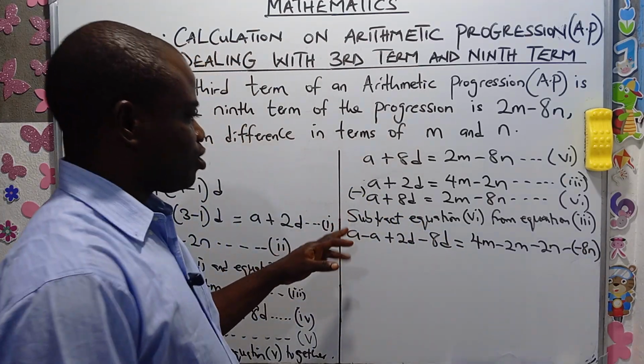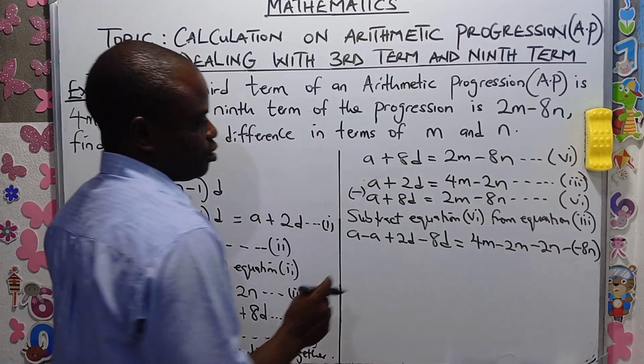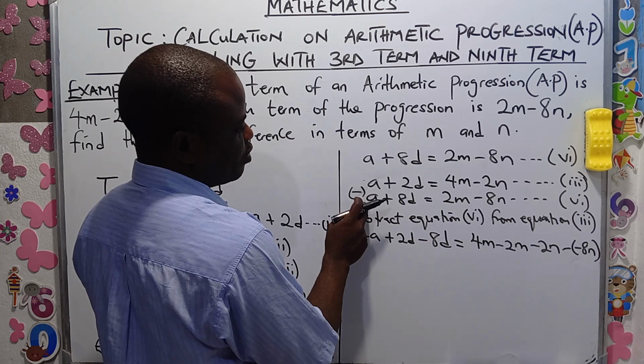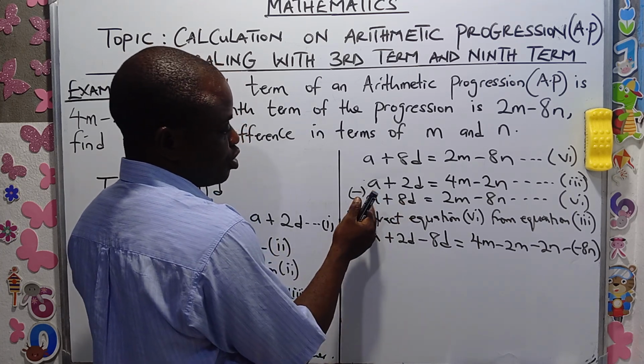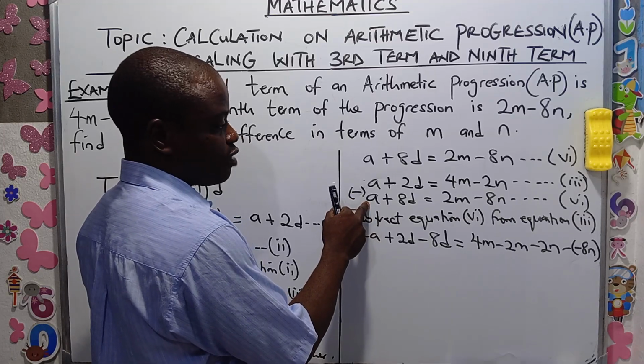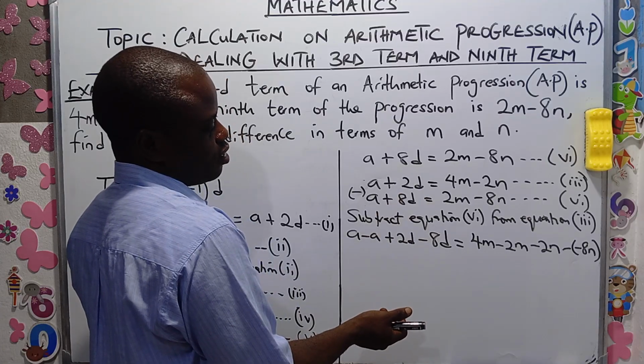This one we use subtraction because we have to cancel one of the unknowns at the left hand side, which is letter a, the first term, so that we can look for our common difference. Okay,